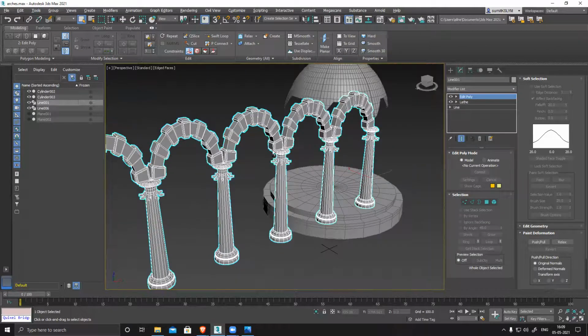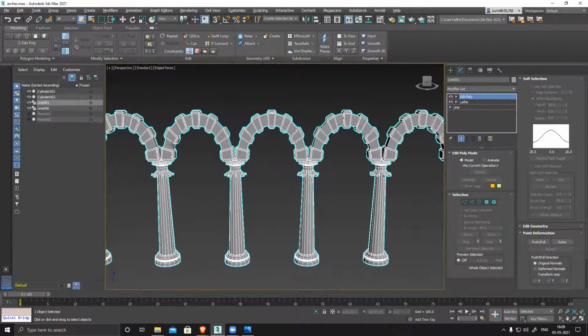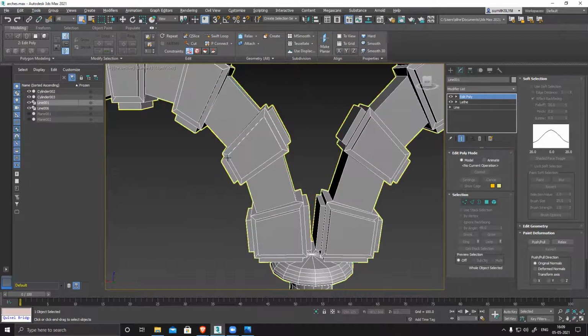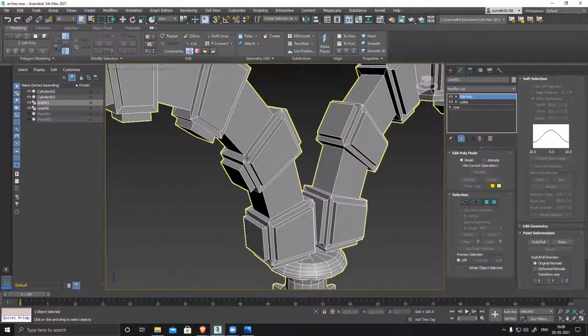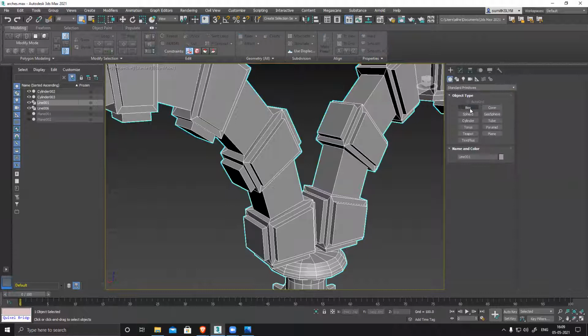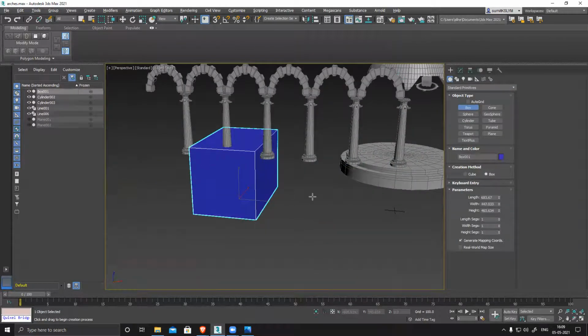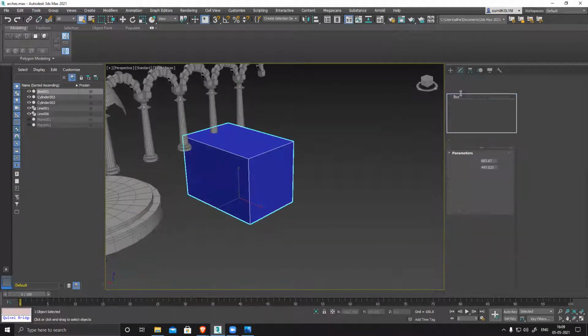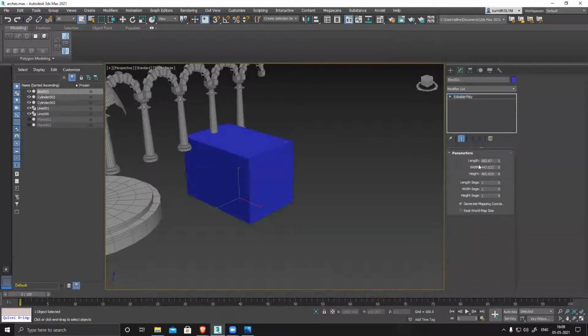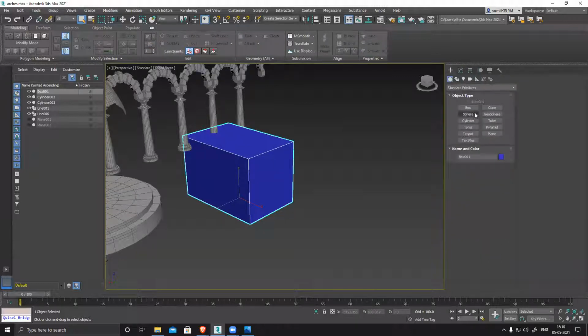When I tried to bridge it, it was not bridging, so every time I had to take one edge and connect it again. Yes, it happens. I'll tell you what happens.